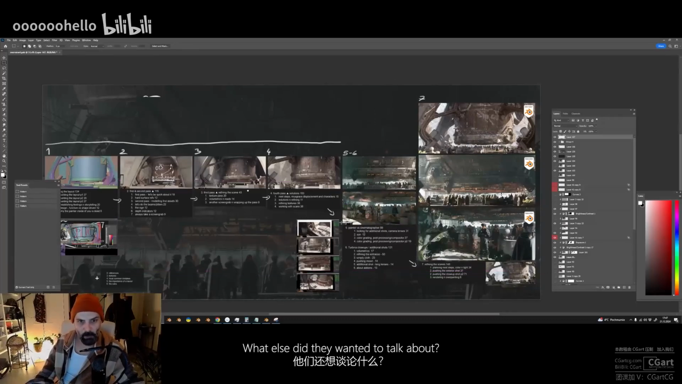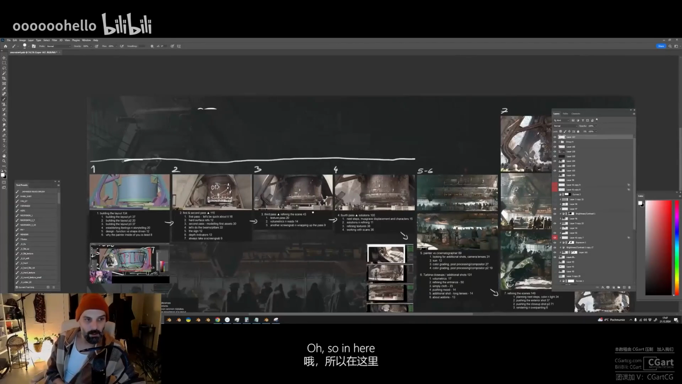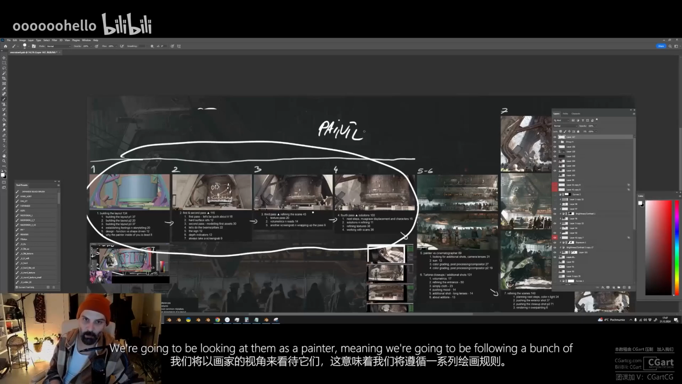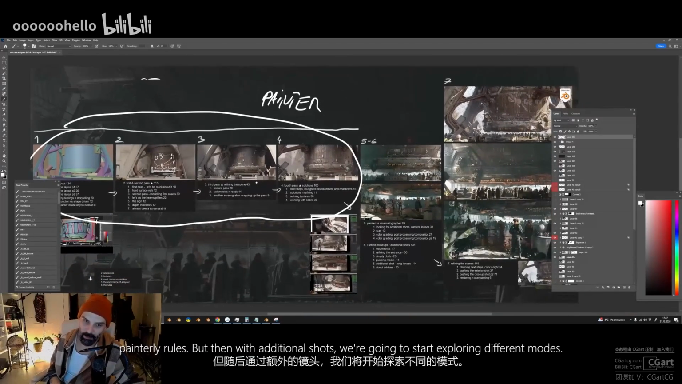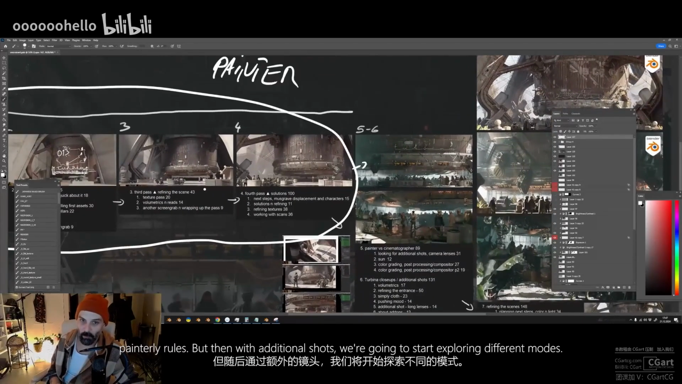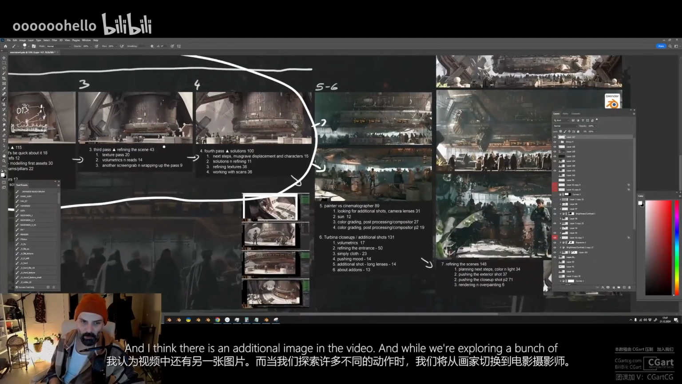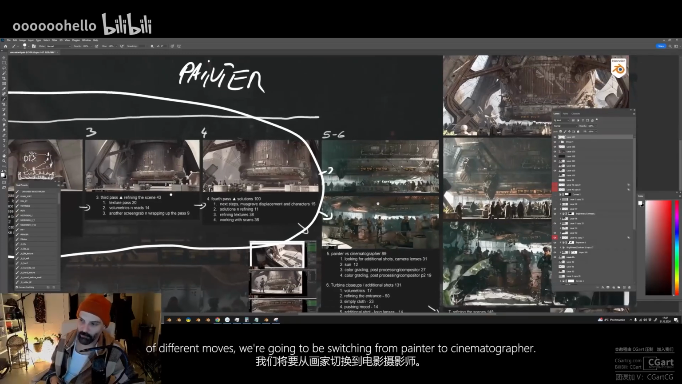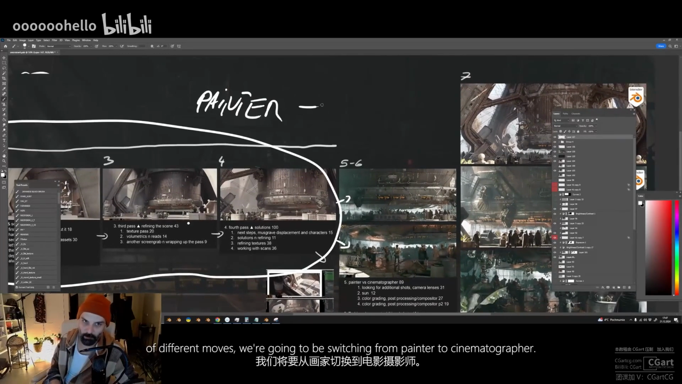What else did they want to talk about? Oh, so in here, throughout the first 4 stages, I'll be looking at those images as a painter, meaning we're gonna be following a bunch of painterly rules. But then with additional shots, we're gonna start exploring different moods, and I think there is an additional image in the video, and while we're exploring a bunch of different moods, we're gonna be switching from painter to cinematographer,